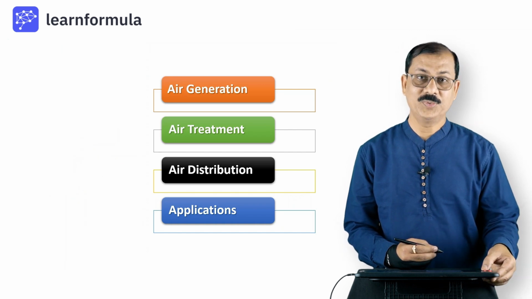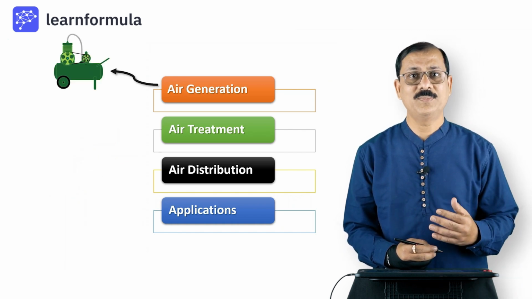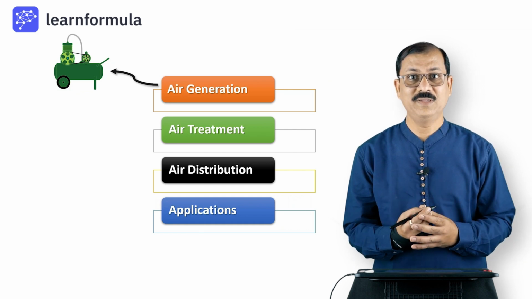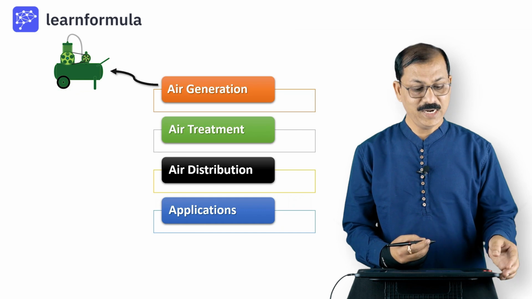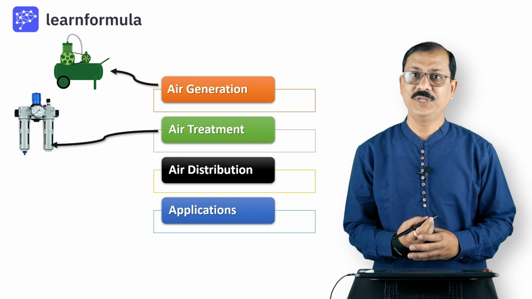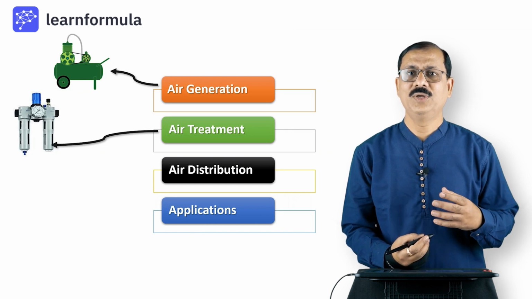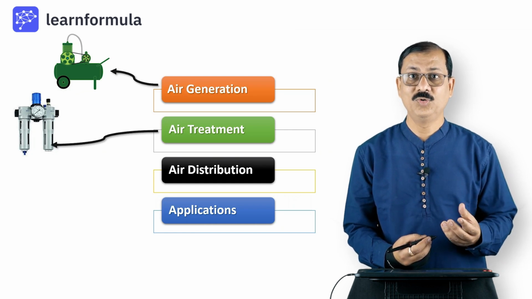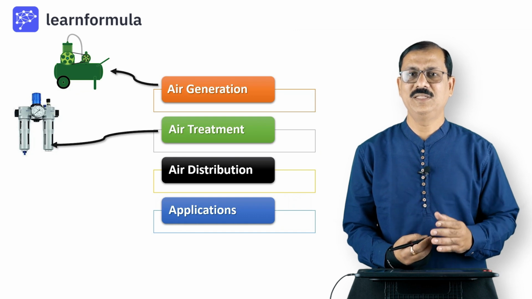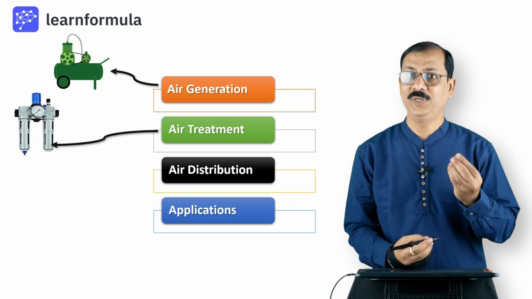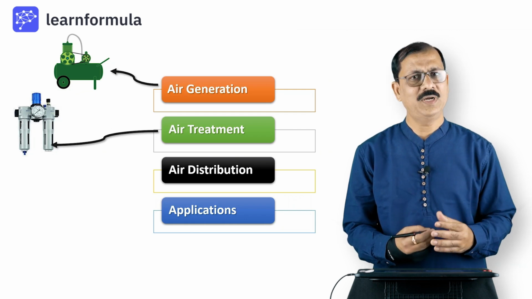First, when we look at compressed air generation, it basically talks about the compressor. Compressor is a device which is used for compressing the air, that is increasing its pressure. And next, after compression, we require to treat the air. What is air treatment? Air treatment is all about removing the water contents, removing the dust particles, maintaining the pressure and ensuring that the air is ready, along with the lubricating material added to it,